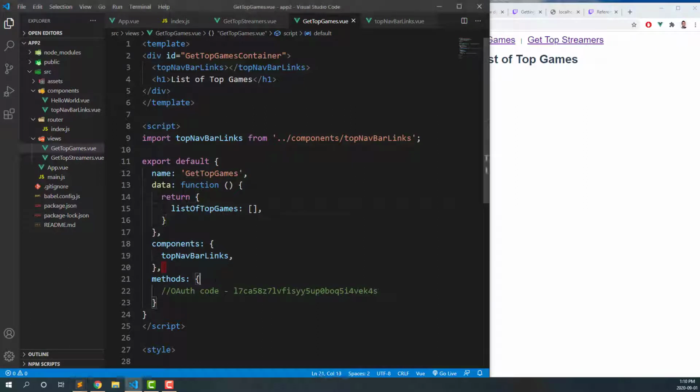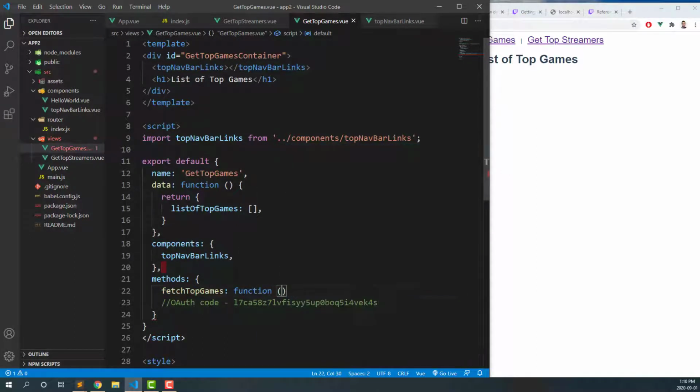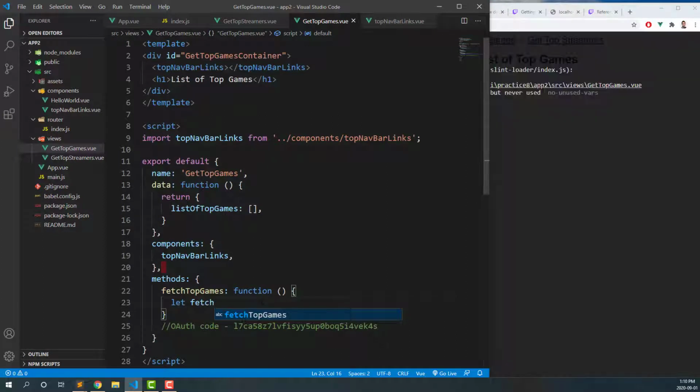And under methods, we're going to create a method called fetch top games. So function is going to be equal to, we're going to insert something called pagination here later. That's for when we get the first 20 games, then in order to get the next 20, number 20 to number 40 games, and then number 40 to number 60 games, we need something called pagination from the Twitch API. We're going to add that in later. For now, we're going to use the fetch JavaScript statement, and here we're just going to type in something called fetch